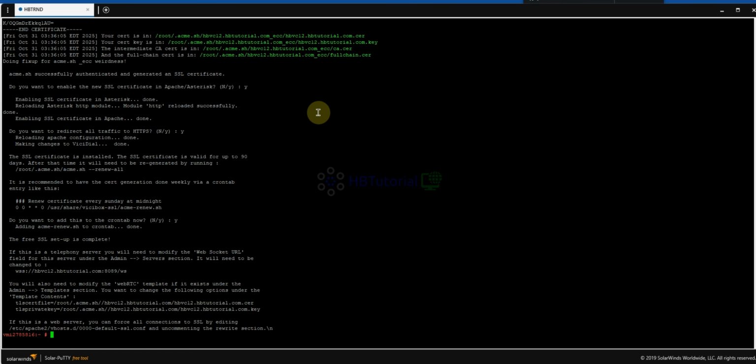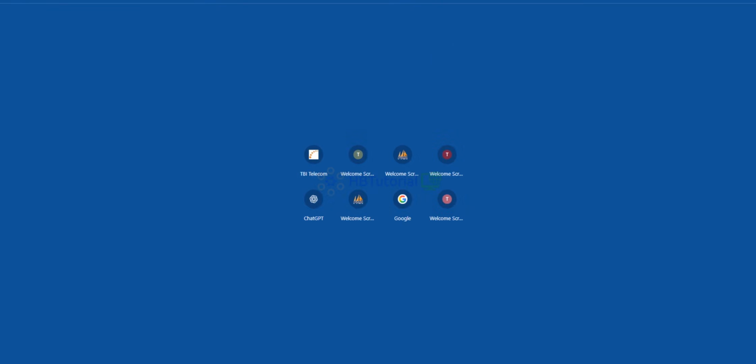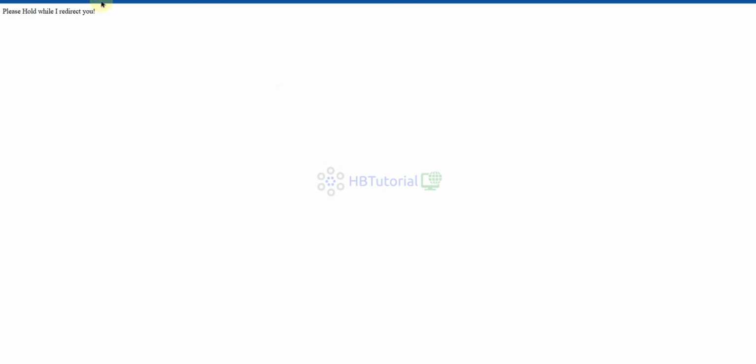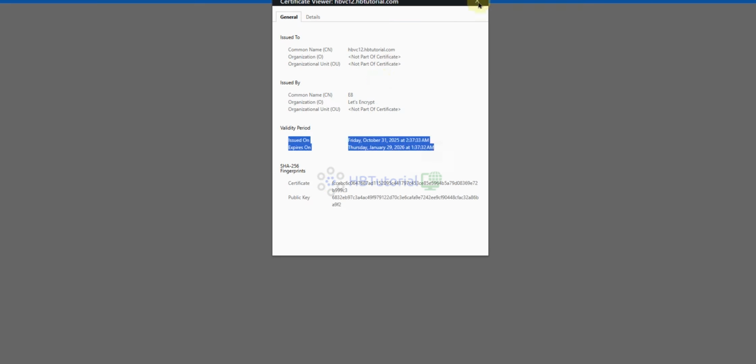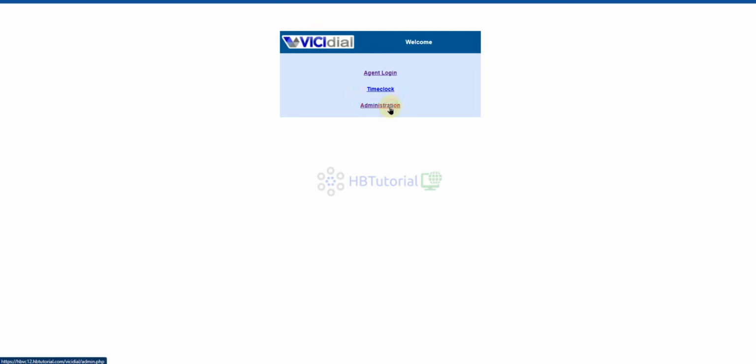Okay, so let's try to browse our server. Okay, so you can see we are already on an HTTPS connection. Okay, and then administrator login. Default login is 6666, and the default password is 1234.